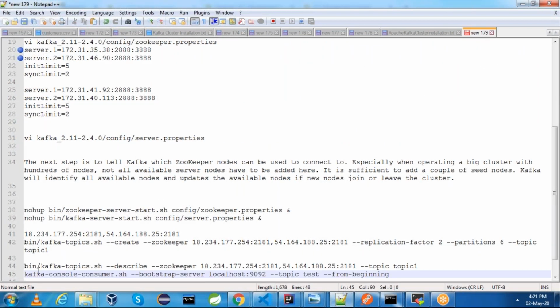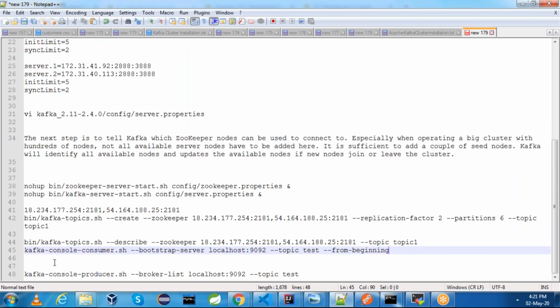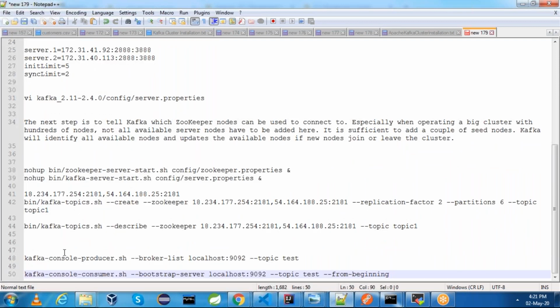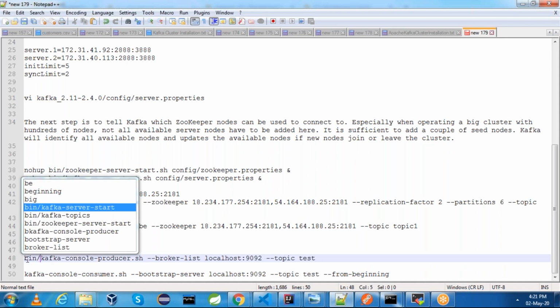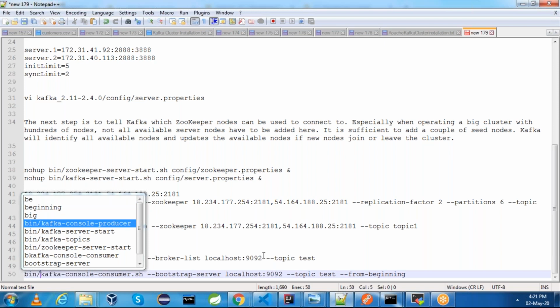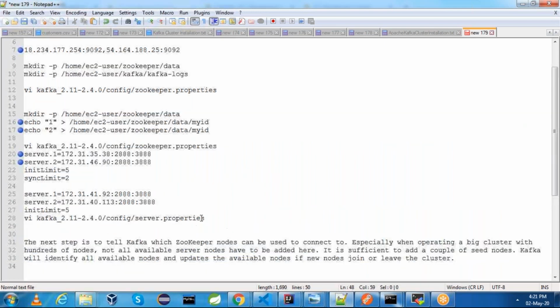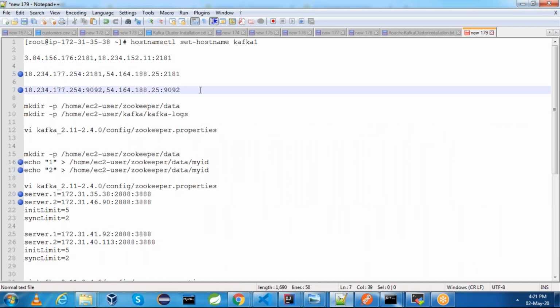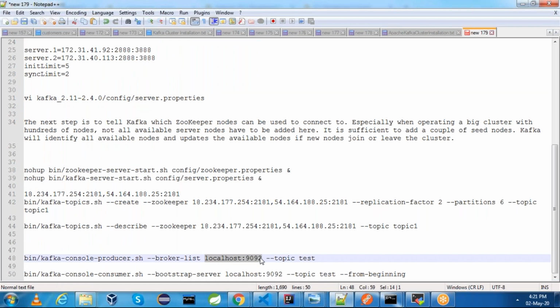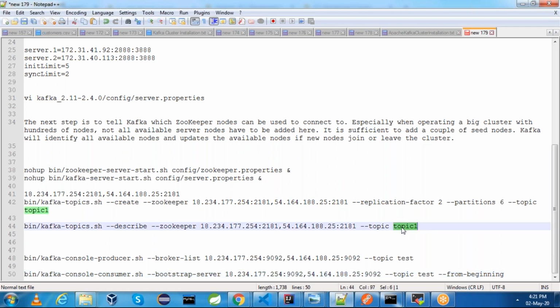This is producer, this is consumer, and the console producer and console consumer will be under bin slash this. The broker list is 9092. Whatever starts with 9092 will be there for the broker list, and the bootstrap server is also 9092. Our topic is topic 1.